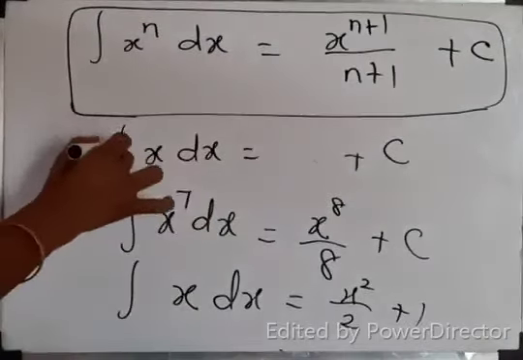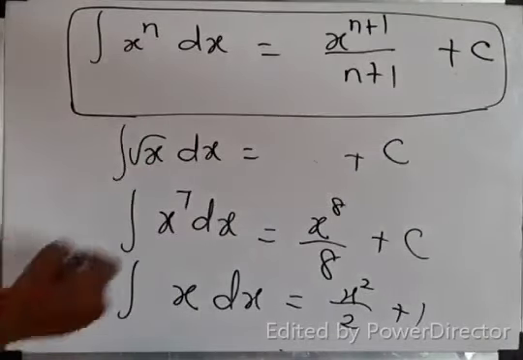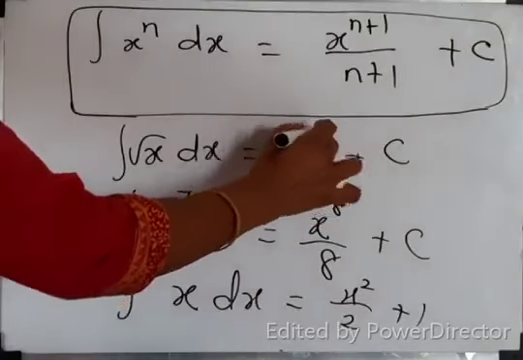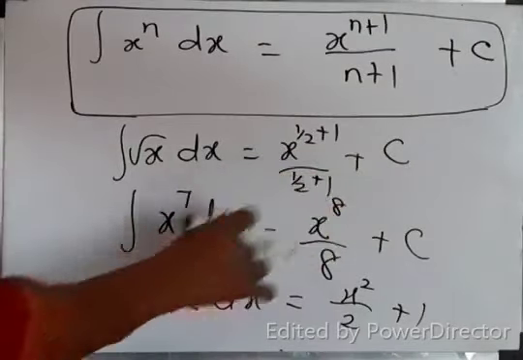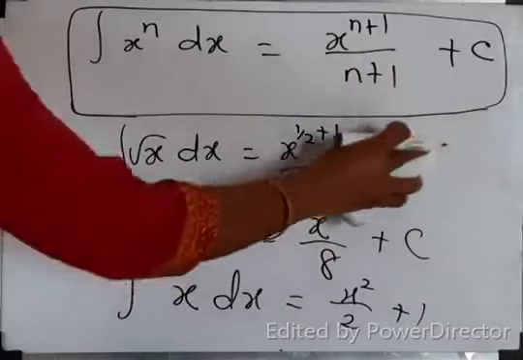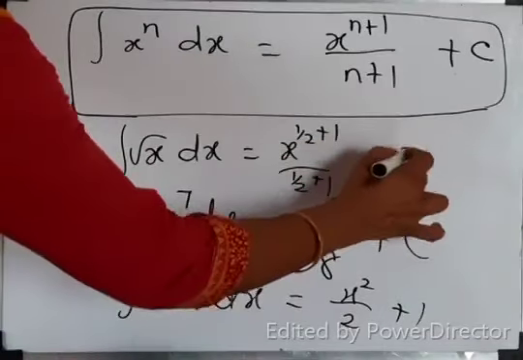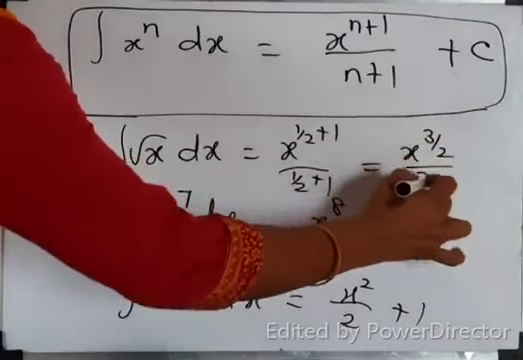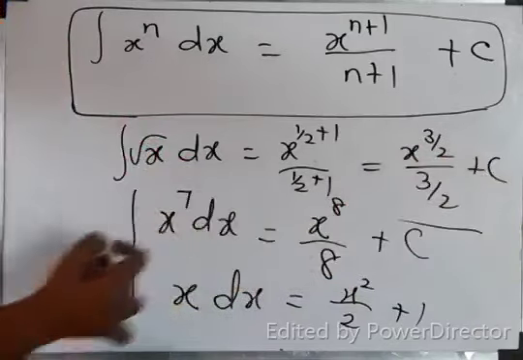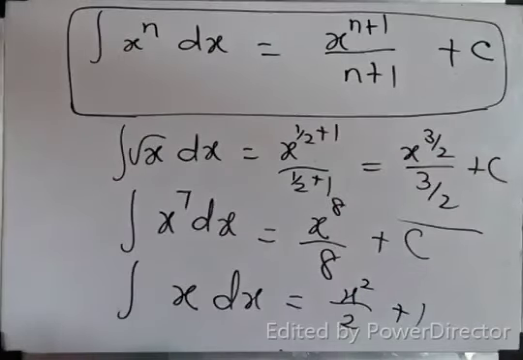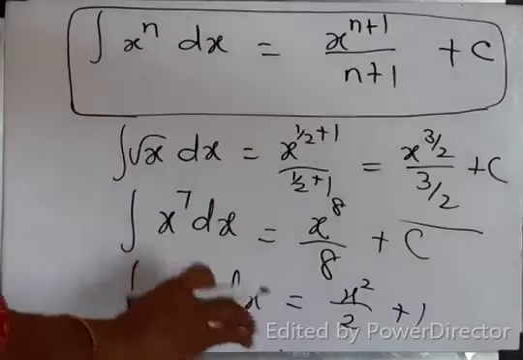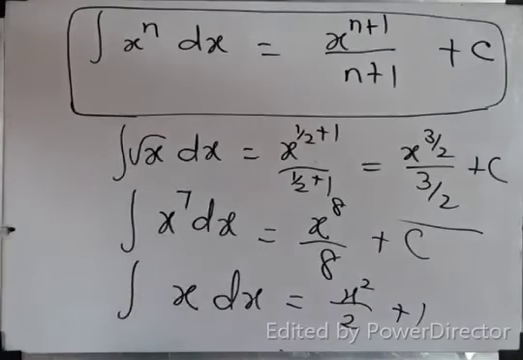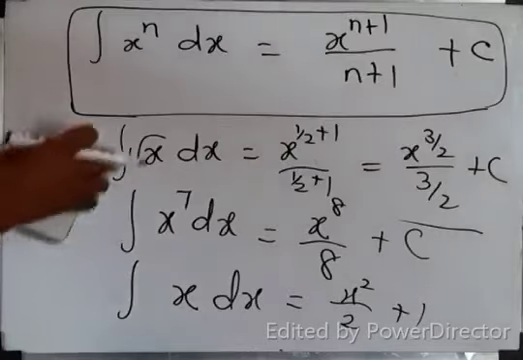Now what is integral of root x? What's the meaning? X power half plus 1 by half plus 1. Isn't it? What is that? X power 3 by 2 by 3 by 2 plus c. Correct. We understand like that. You have to add 1 to the power and divide by the new power. Yes? Do you understand the formula now? Now I'll tell you the technique. Okay. How to do this.